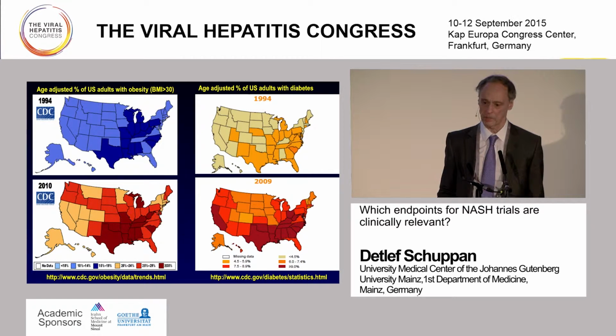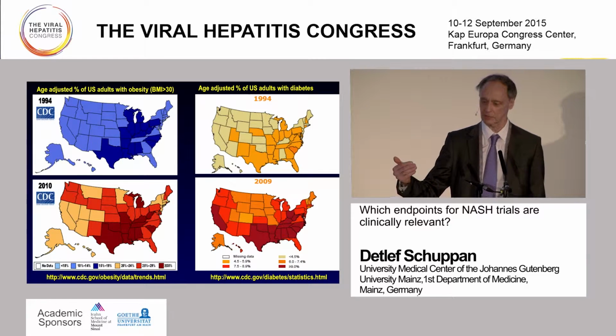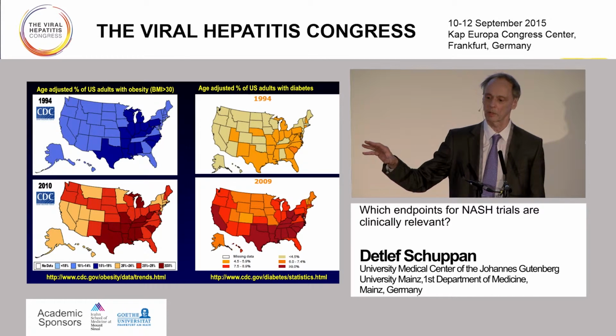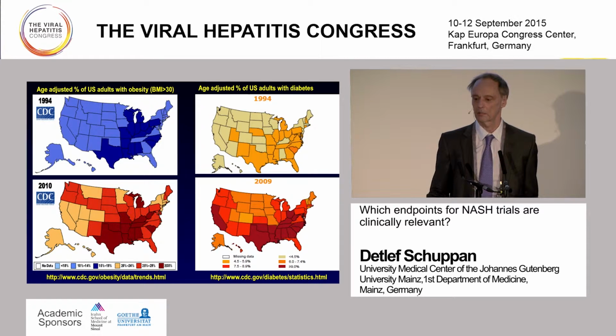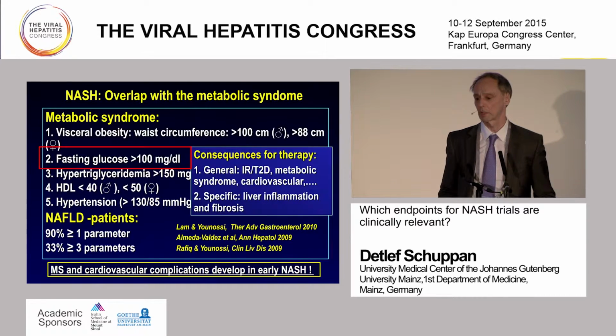We have heard about the increase of obesity, not only in the US, as shown here, which has doubled or tripled in the last 20 years, so the colors have changed dramatically in the States. The important finding is that this goes hand in hand with type 2 diabetes. So you have a completely parallel development. Those states where you have a high rate of obesity, there you will also find a high rate of type 2 diabetes, 2 to 3-fold compared to 20, 25 years ago even. And this occurs in any kind of developed and developing countries now.